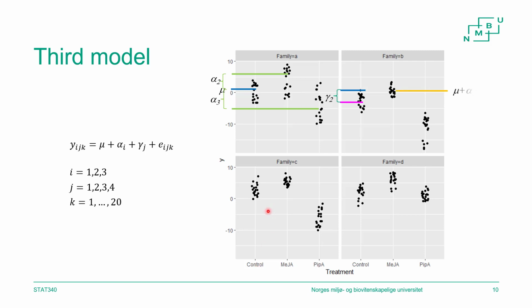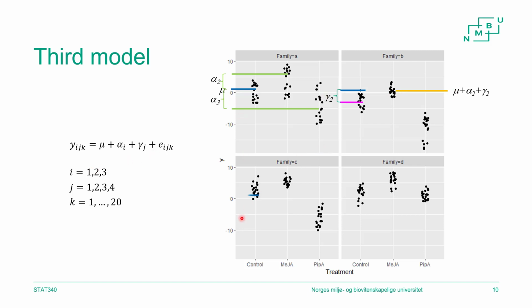And the same here then. No, sorry, yeah. So this one is now the expected value, you could say, of this swarm should now be mu plus alpha 2, since it's second treatment level, plus gamma 2, since it's in the second family level. Right? This should now be the expected value here,